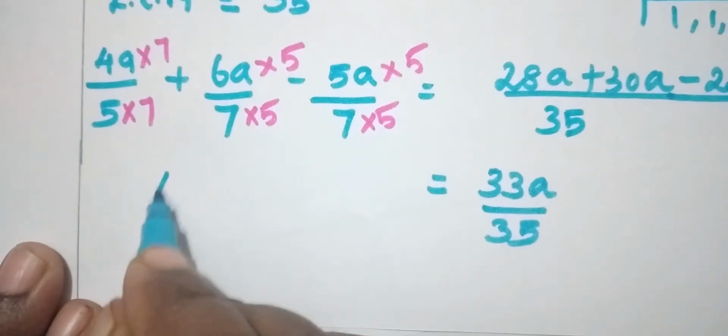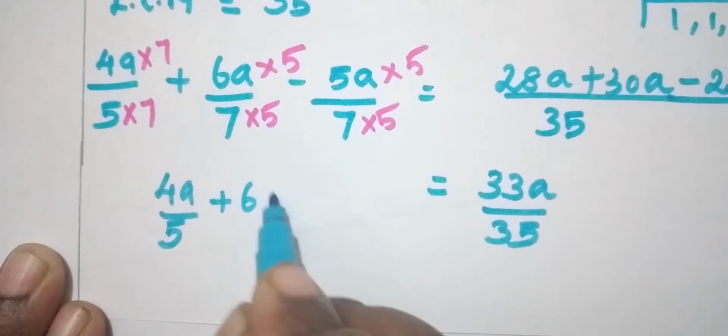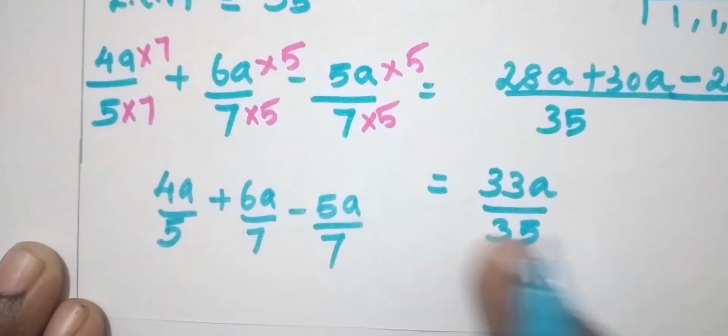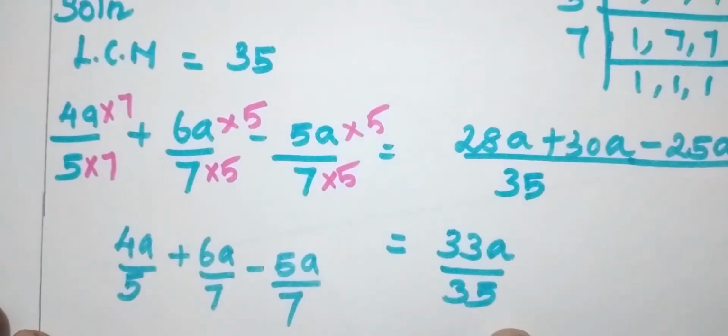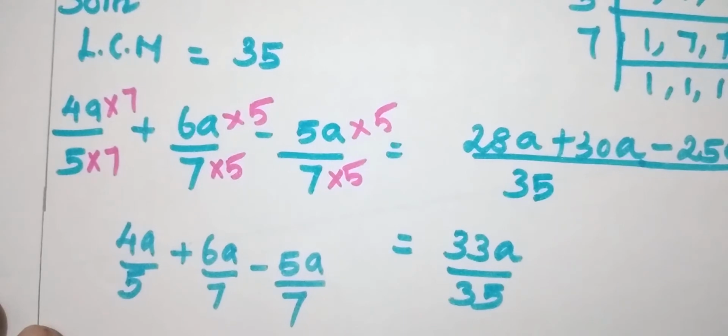So 4a by 5 plus 6a by 7 minus 5a by 7 is equal to 33a by 35. Is it clear, children? Yes. The next one,